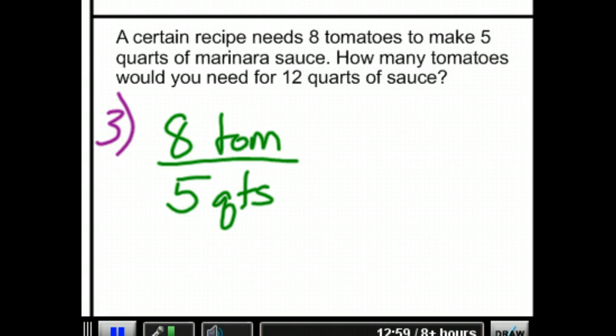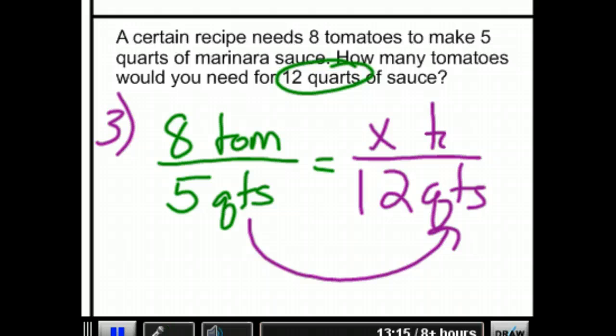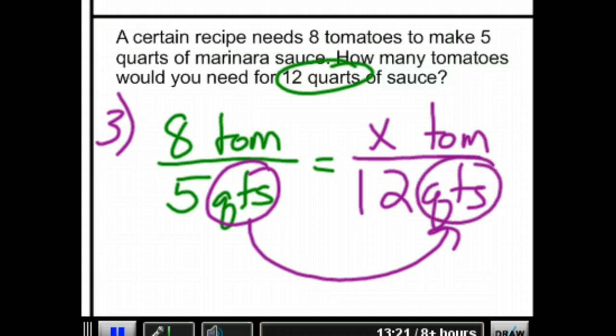We know that we're looking for how many tomatoes it takes to make 12 quarts of sauce. So we're going to set up this ratio with quarts in the denominator, as it has before. 12 quarts means X tomatoes. Again, making sure that our units are in the exact same locations in either ratio,